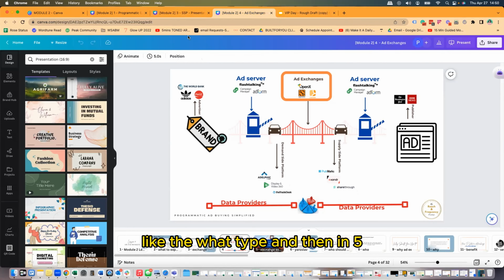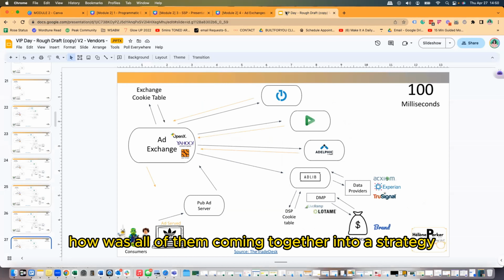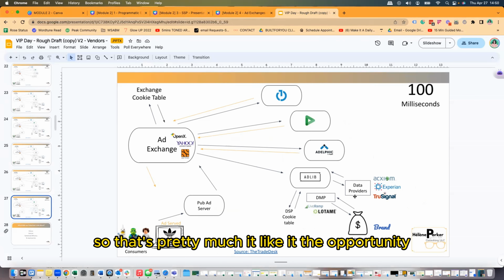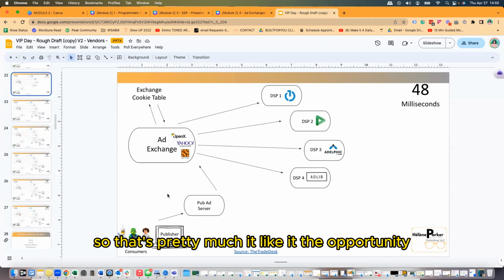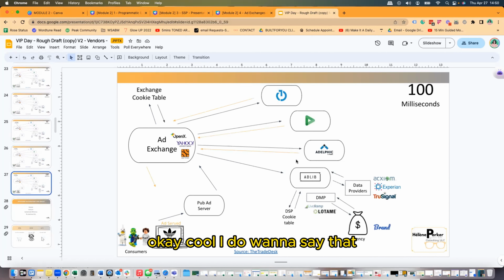And then in 5, you'll be able to understand how all of them come together into a strategy, into a media buy. So that's pretty much it. Was that good? Any questions? Okay, cool. I do want to say that